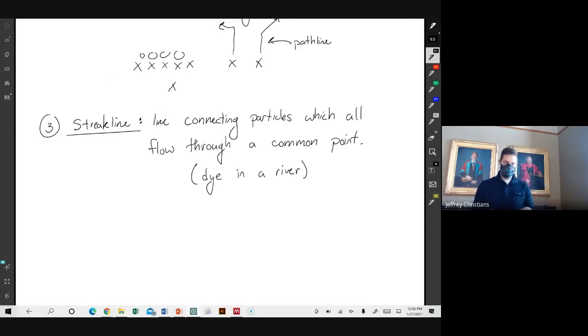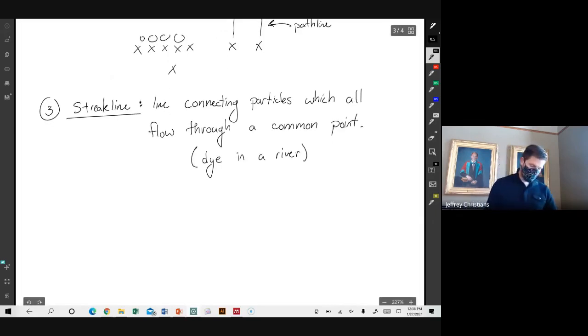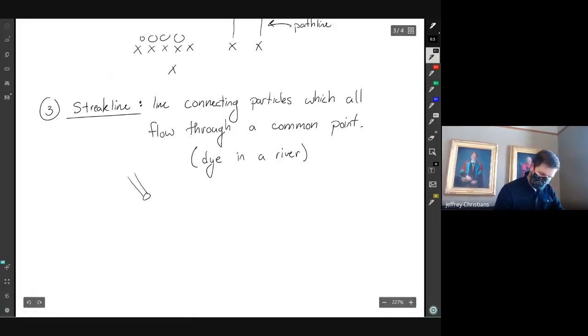So the image that I give, and this is one of the videos that we watched, was a hose that was connected to a speaker. Maybe you watched that, maybe you didn't. It's kind of a fun one. You should go back and watch it, maybe that will help you understand what streak lines and path lines are. But this hose moved back and forth really rapidly at 24 hertz. And that caused the water to look like that.